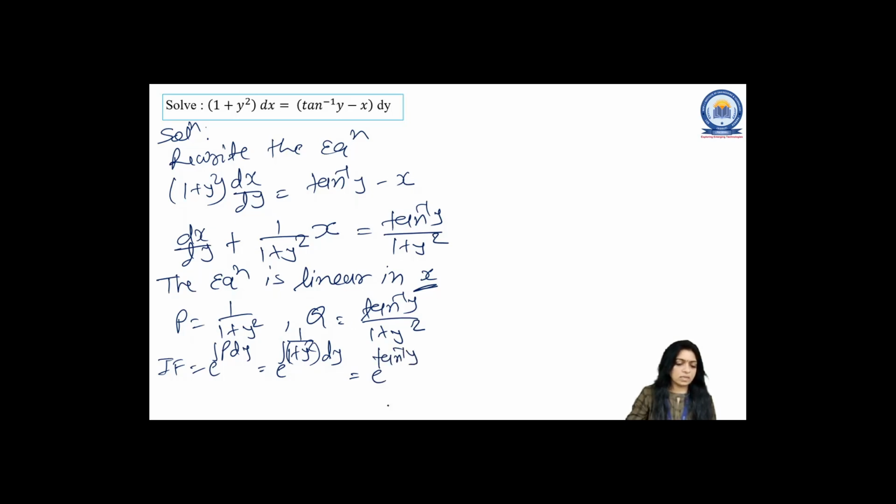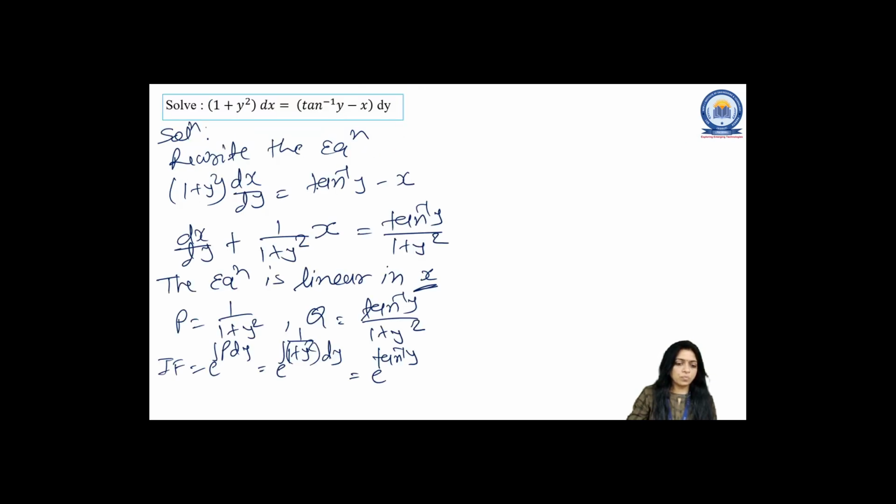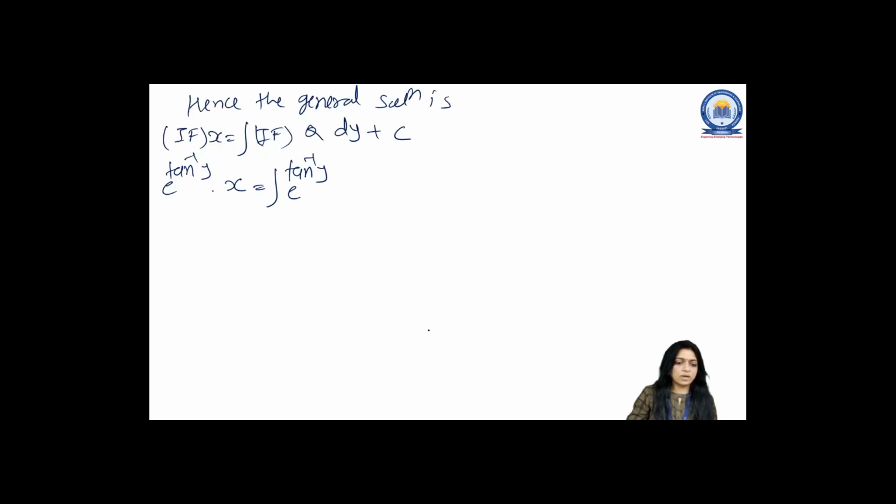So e raised to tan inverse y into x equals integration of e raised to tan inverse y, here q, that is tan inverse y upon 1 plus y square,